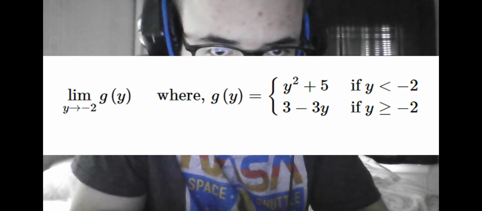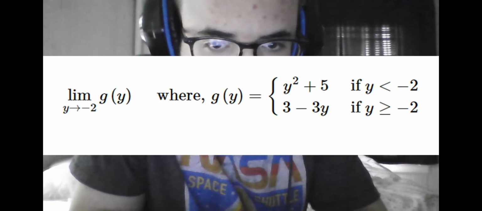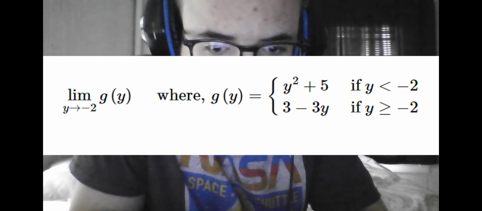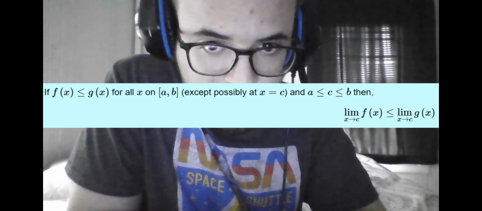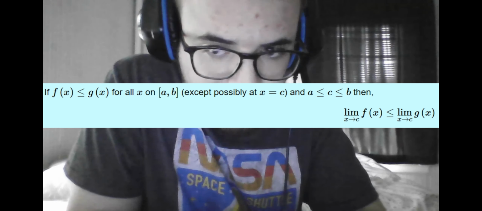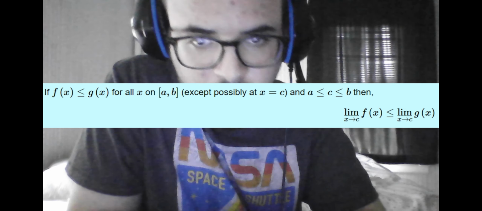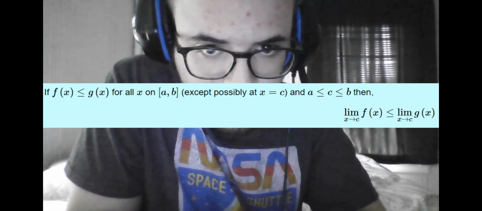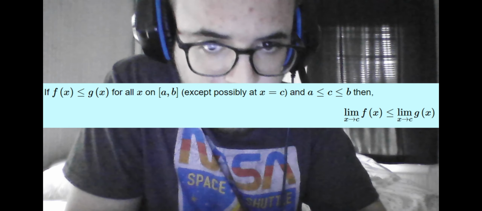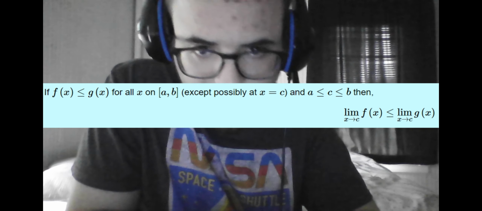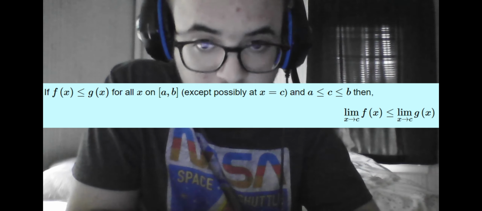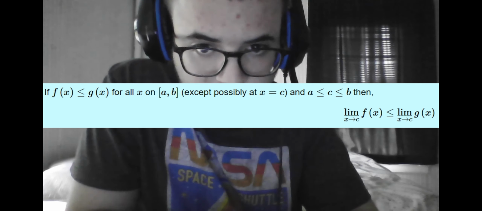Before we conclude our discussion on computing limits that are not well behaved, there is one last special type of limit we would like to look at, which is that if function 1 is less than or equal to function 2 for every x from point A to point B, and we know there is a value c between A and B, then it should follow that the limit of function 1 at point C is less than or equal